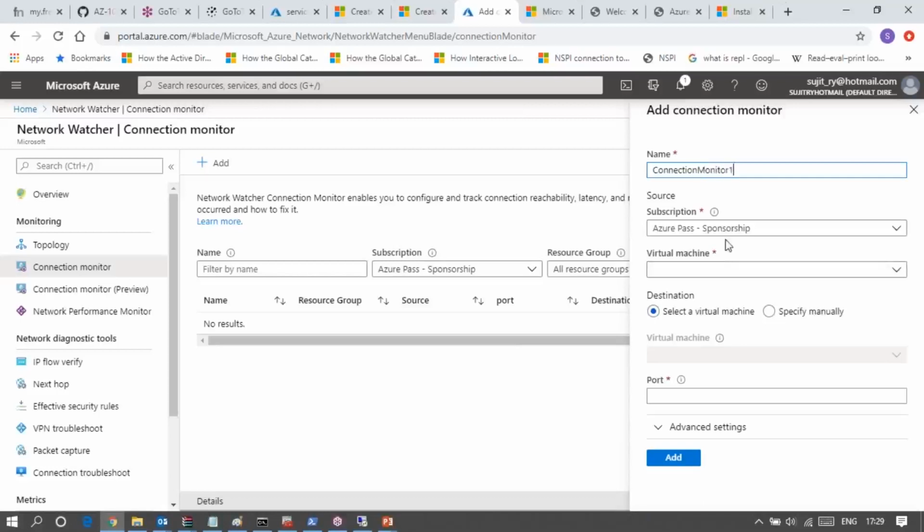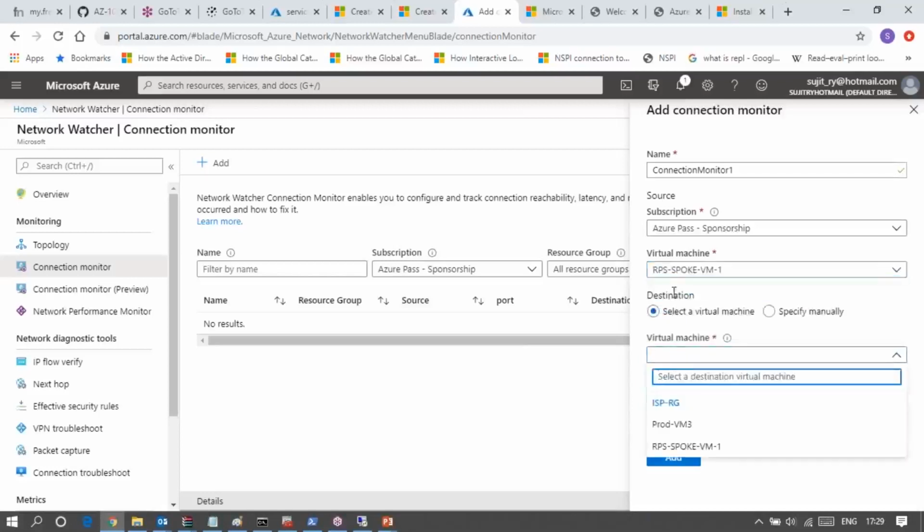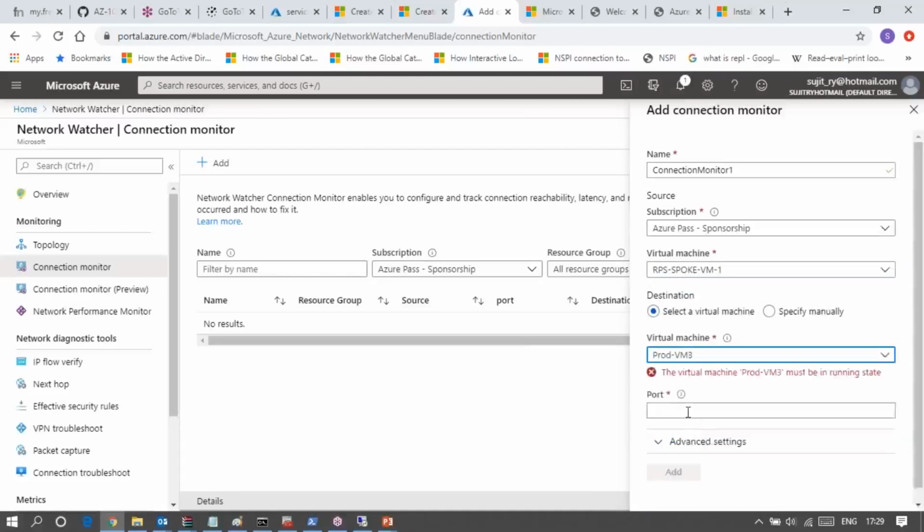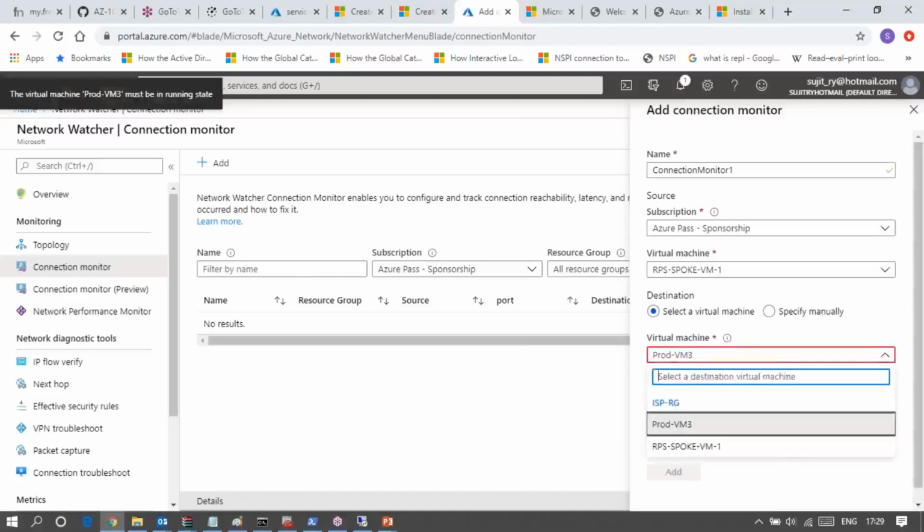Connection monitor 1, choose your virtual machine. I have many virtual machines available, like this one. This is the source virtual machine. This is the destination virtual machine, like this one. That should not be in running state. Okay, anyway,